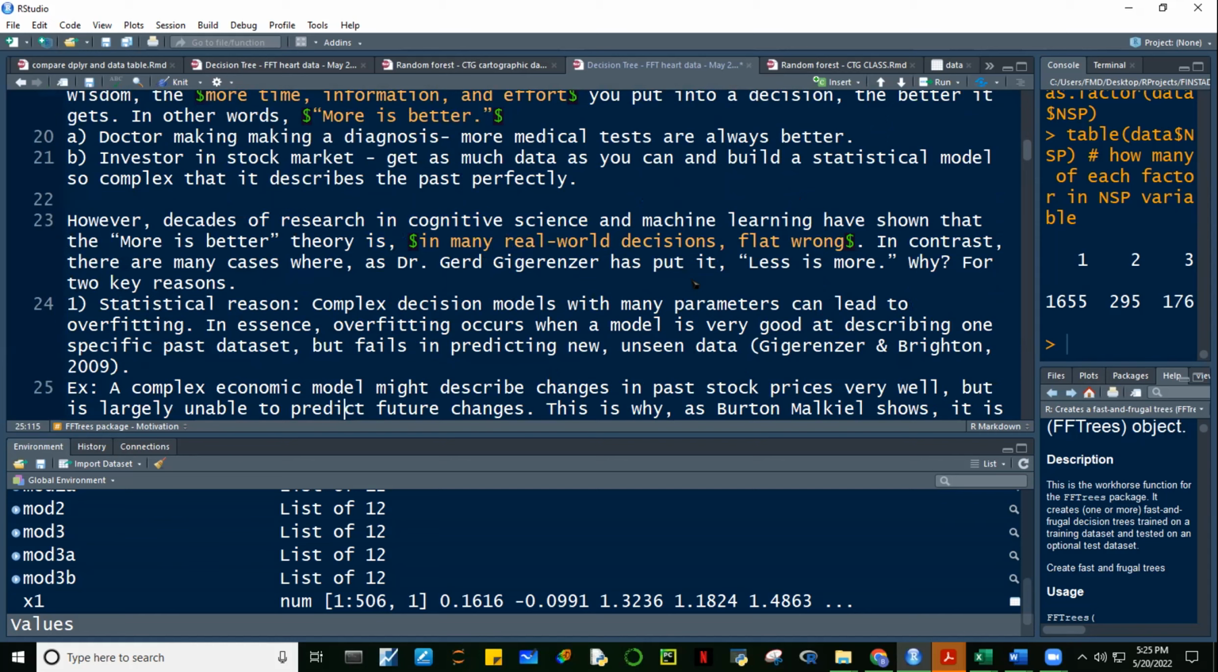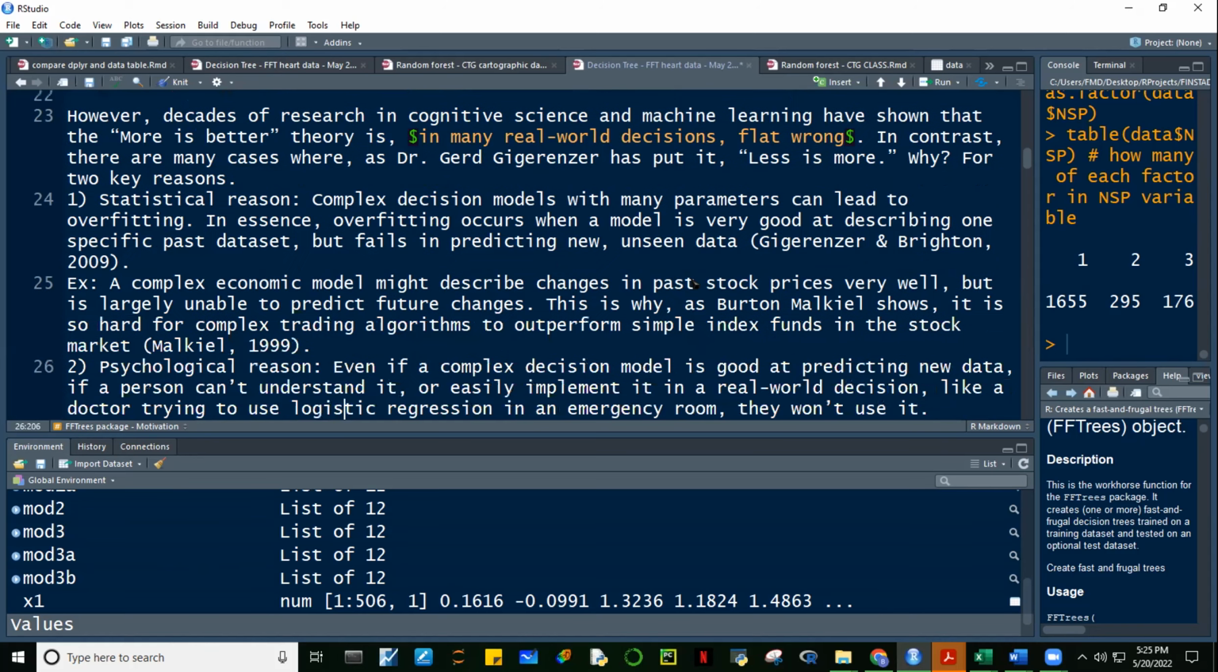It's like saying that the earth is flat. In many real-world decisions, hindi naman necessarily the more is better. There were many cases, ito I'm quoting from this person who did the research, sabi niya, less is more. For two reasons. Number one, yung statistical reason. What about statistical reason? Kasi kapag masyadong complex yung parameters natin, okay, we're trying to have a model where you're